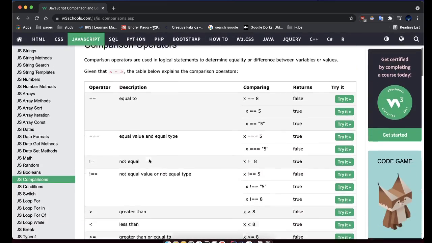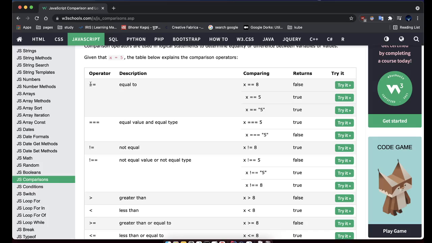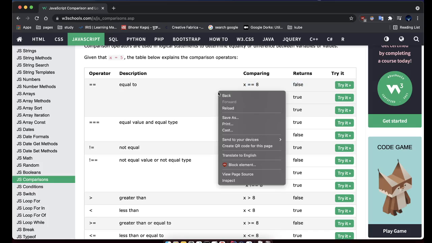So usually we have multiple operators, right? So we have equal, and then we have triple equal. We have seen this example previously when we talk about string. So when you do equal, it actually validate the, it doesn't check the type. So what I mean is